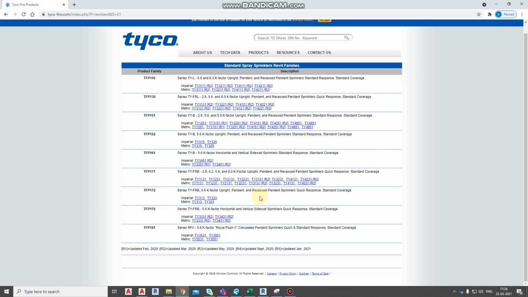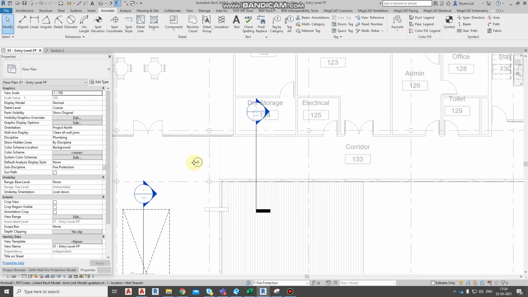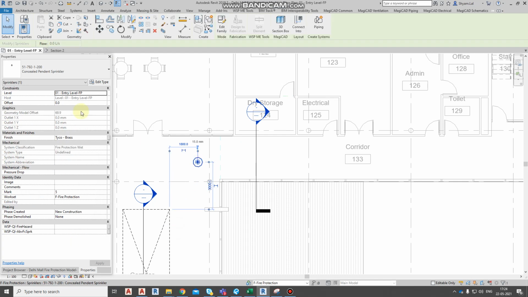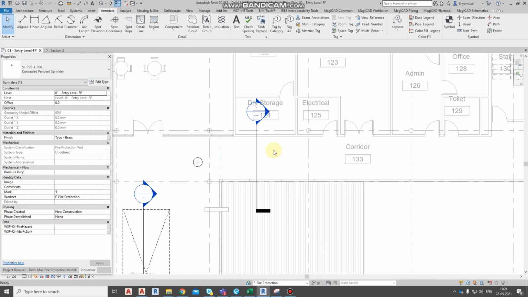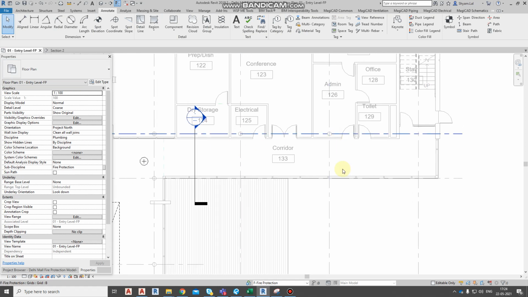I have downloaded that concealed pendant sprinkler from this Revit library and already uploaded it. I selected this concealed pendant sprinkler. So now we go for the distribution of the sprinkler.